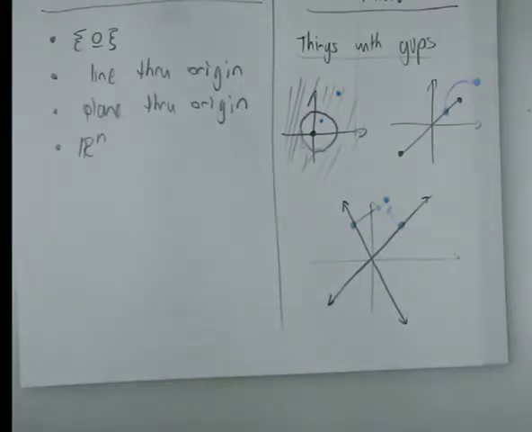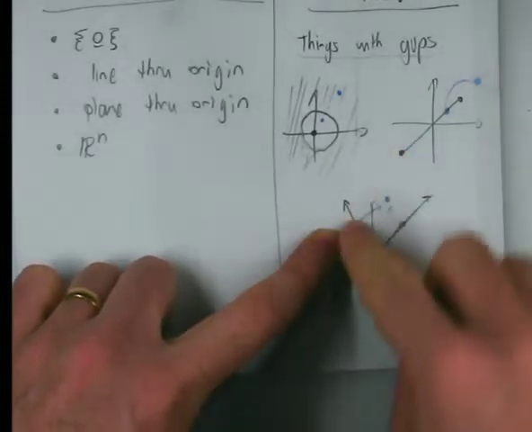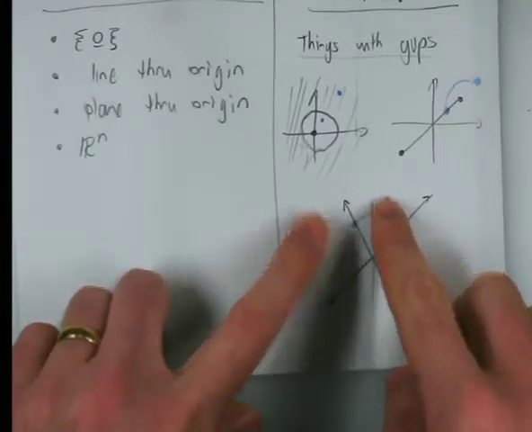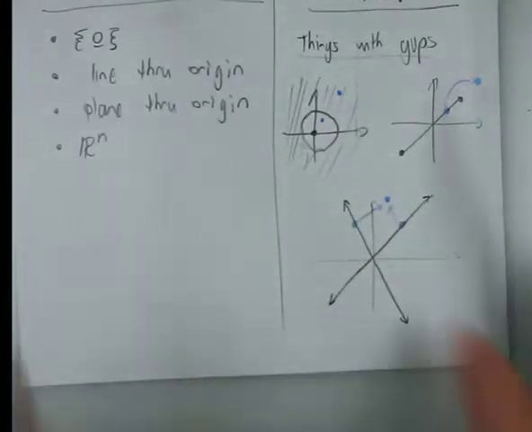If you're in an exam and they ask you for a reason, you're not allowed to say it has a gap. You are allowed to, though, draw the picture and find some points and say, well, if I pick the point 1, 1 and the point minus 1, 1 and add them together, I get the point 0, 2, which isn't in the set. Okay, so it helps you find examples. And also,